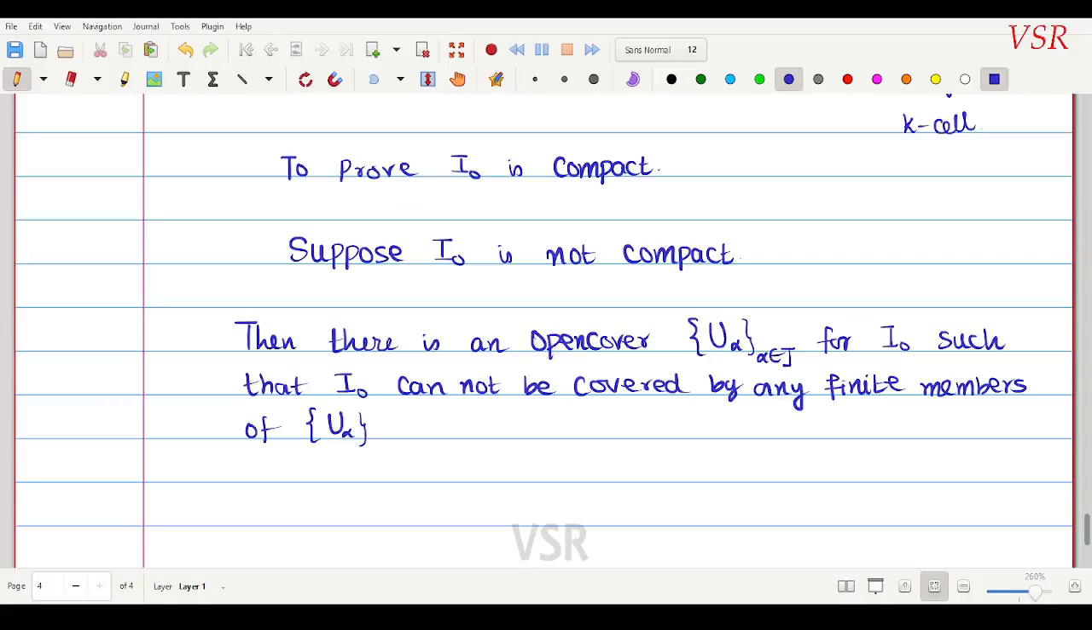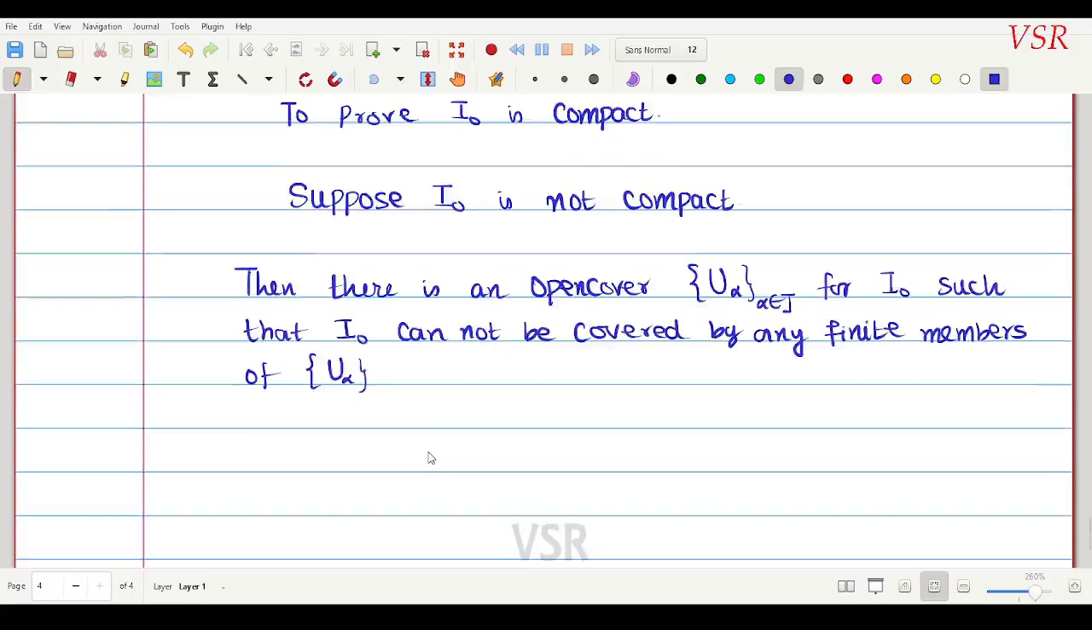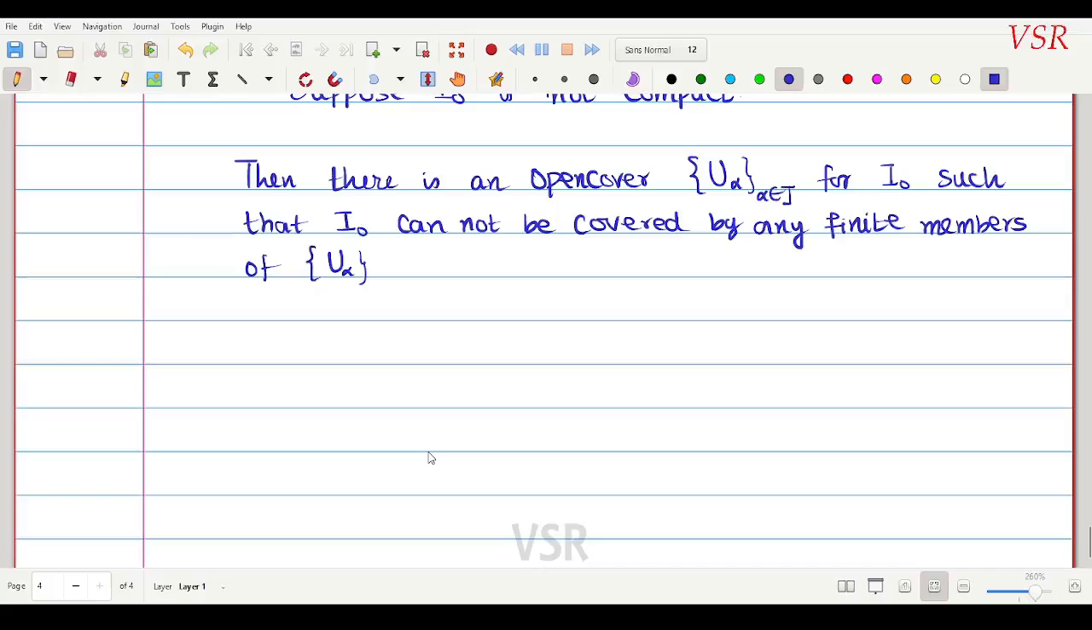So what do we have to prove? We have to prove that I0 is compact. Suppose I0 is not compact. Then there is an open cover U alpha for I0 such that I0 cannot be covered by any finite members of U alphas. Okay, now what do we do? Put delta equal to